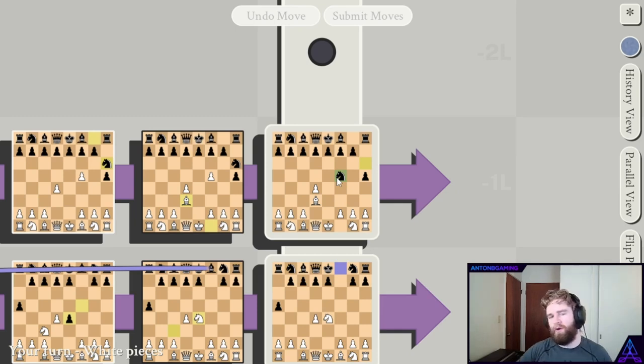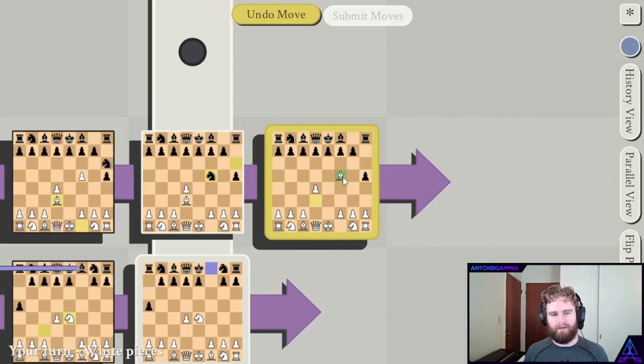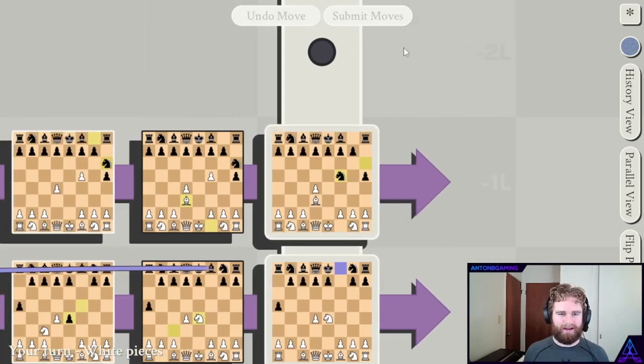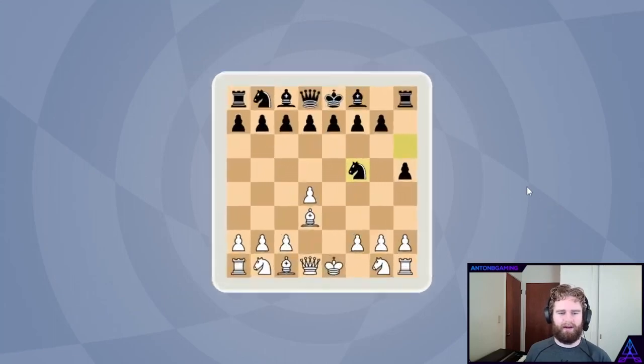One of the hardest things about multiple dimensions is the tenses, because our languages weren't designed to have time squares that you could look at and move between. So I'm guessing I can't move here because if I moved there, then I will already have been in check in the future because of that. So I don't think I can do that.